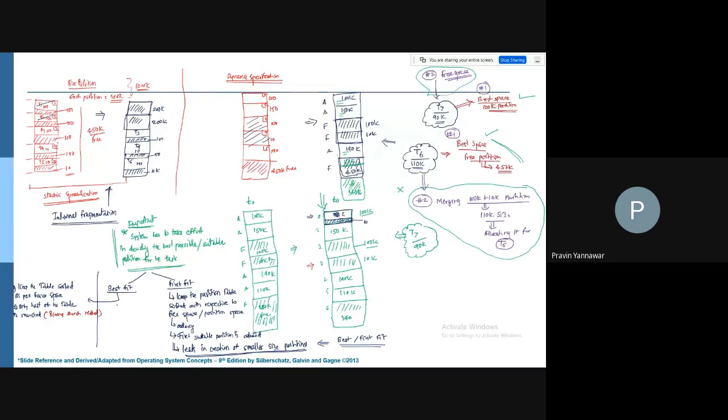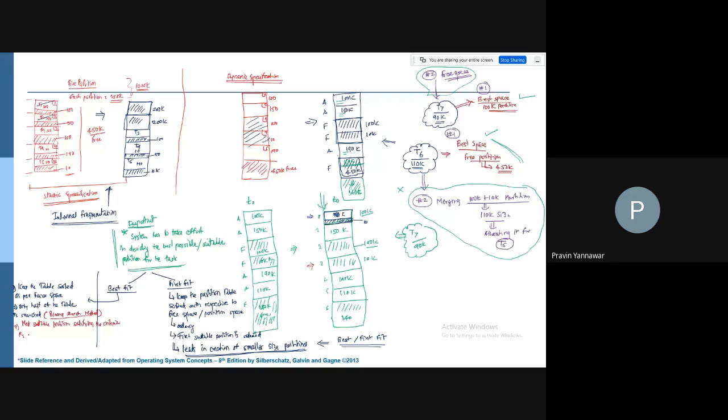So in best fit, we have a binary search method, where only half of the table is searched, and once the table is searched, the most suitable partition satisfying the criteria is selected for allocation by the system.